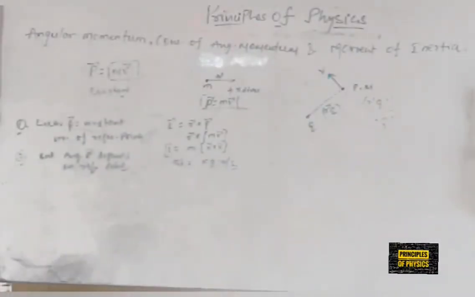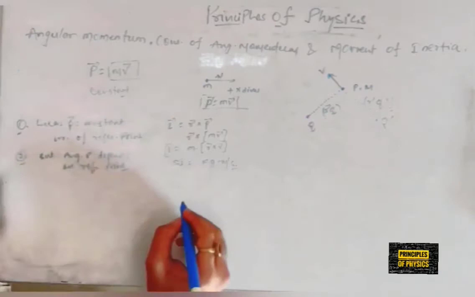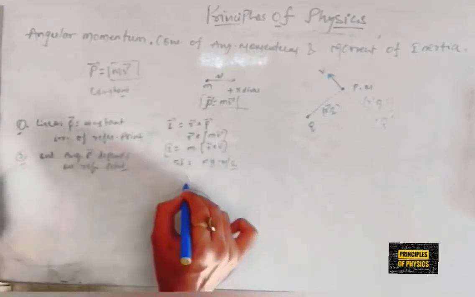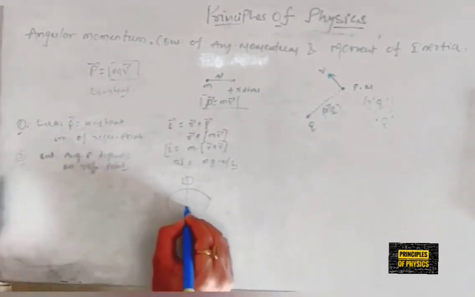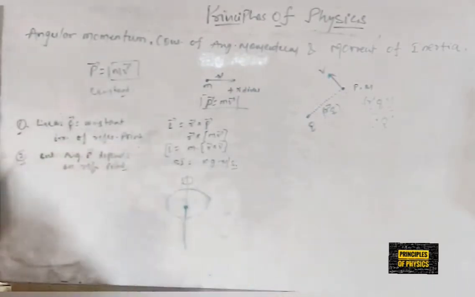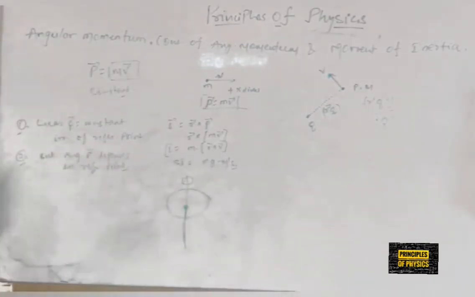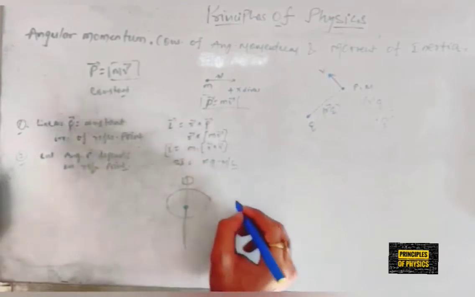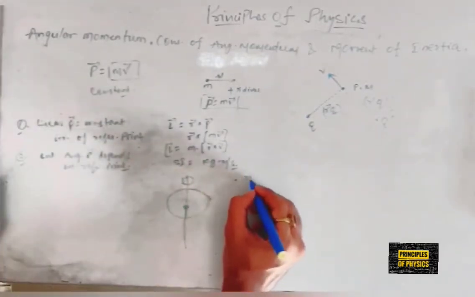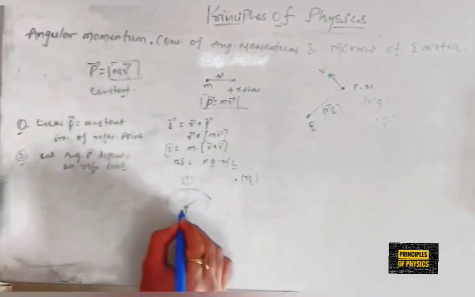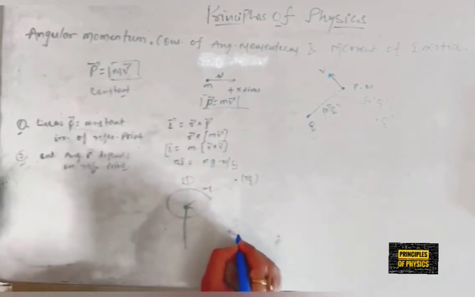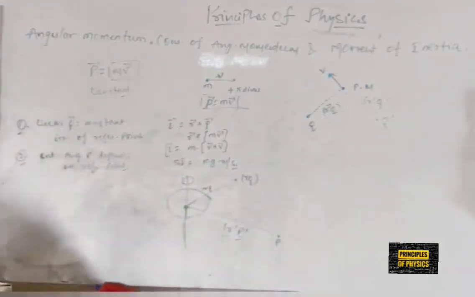That is, in rotational motion, if some body is rotating about its center of mass, or its rotational axis goes through the center of mass and is perpendicular to the plane of that body, then irrespective of the reference point, either we choose R at point Q or R dash at point P, angular momentum remains constant.